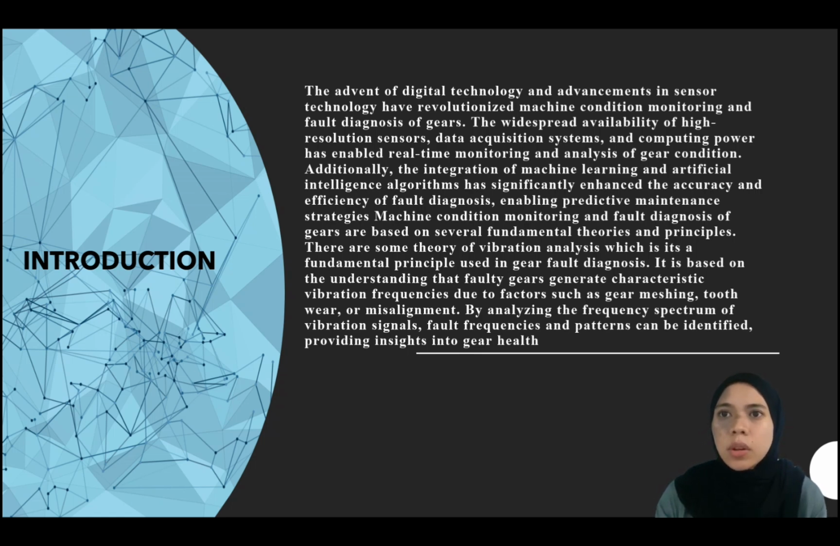It is based on the understanding that faulty gears generate characteristic vibration frequencies due to factors such as gear meshing, tooth wear, and misalignment. By analyzing the frequency spectrum of vibration signals, fault frequencies and patterns can be identified, providing